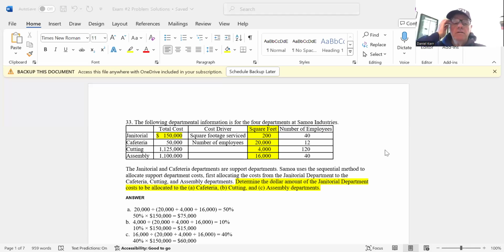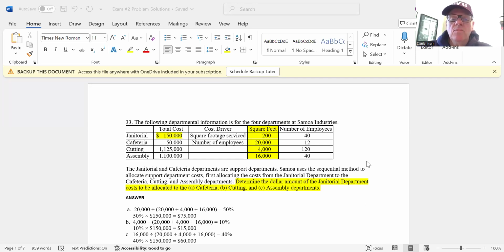So, welcome back to Managerial Accounting. The purpose of this little mini lecture is to review the results of the take-home part of the exam. There were 6 questions, 33 through 38. Each one was worth 10 points. If you look on the first page of your exam booklet, you'll see the number of points you scored